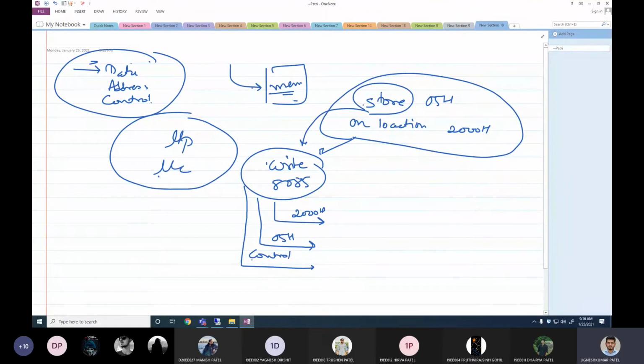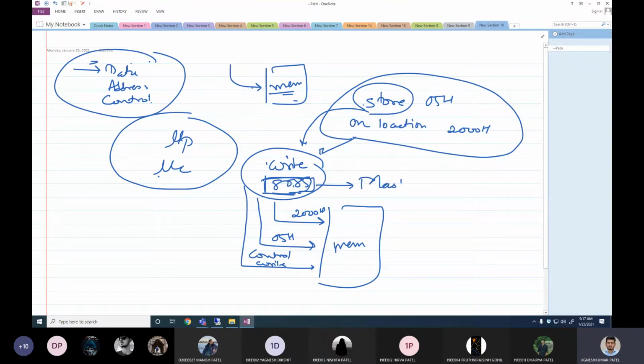So on the control bus it will send the signal to write, and all these buses would be connected with my memory. So there would be 8085 along with the memory, and this 8085 is going to do this whole task for me. 8085 has the data bus, address bus, and control bus, and memory is connected on these buses because it's interfacing of memory in such a way. So memory is actually connected to 8085. 8085 is the master device, you can say. It is going to control all the tasks.